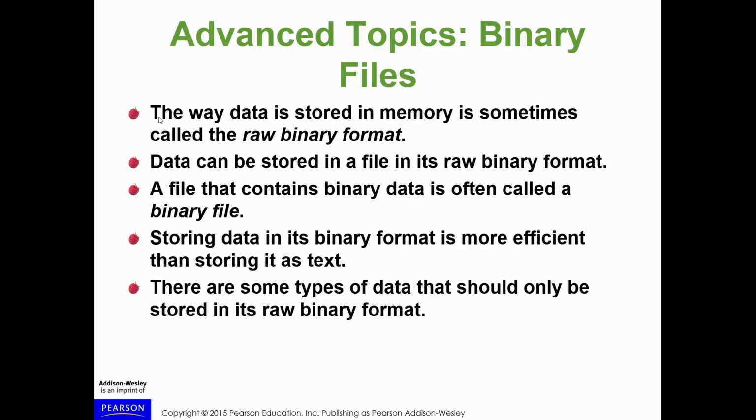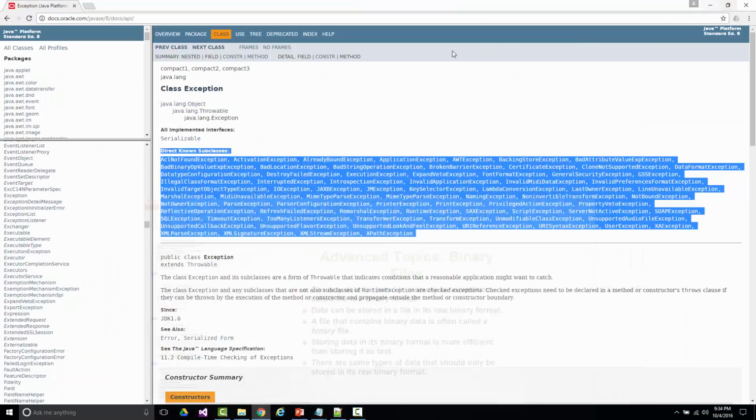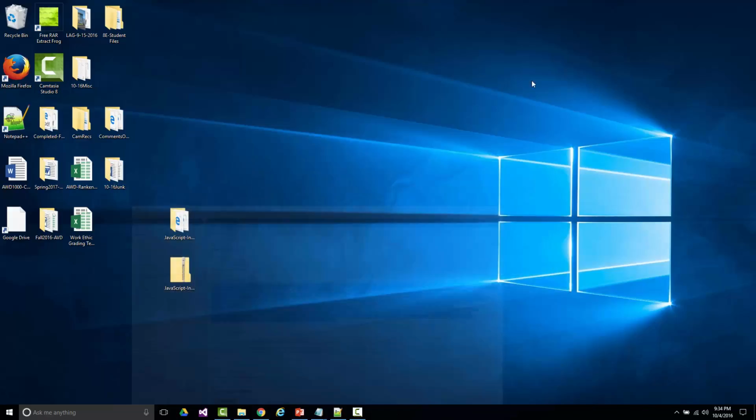So we mentioned that text files could be read by an editor. In fact, this might have even been the C# class I said this lecture. I don't remember. But just in case, if I try to open up this PowerPoint file, just in case I didn't talk about it before, because I don't really remember,